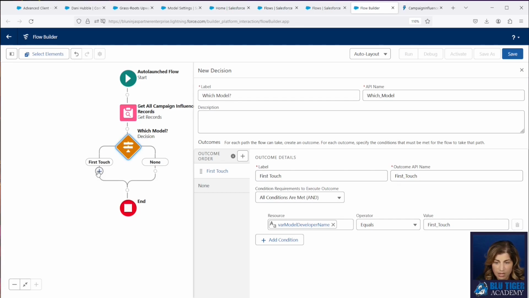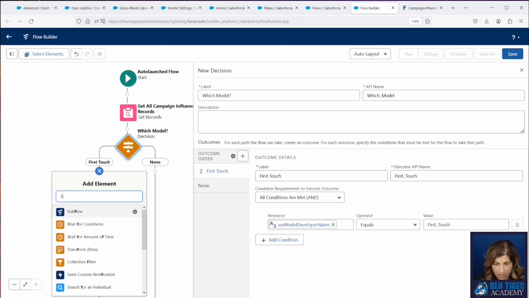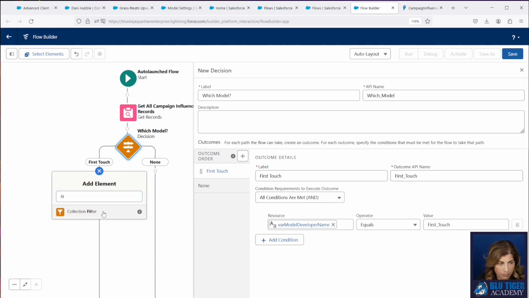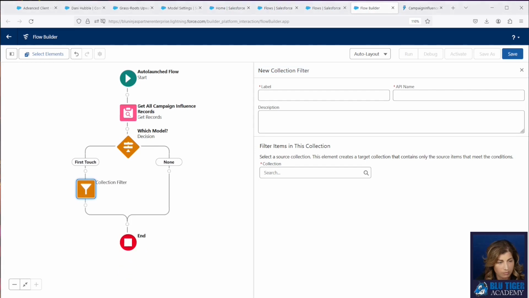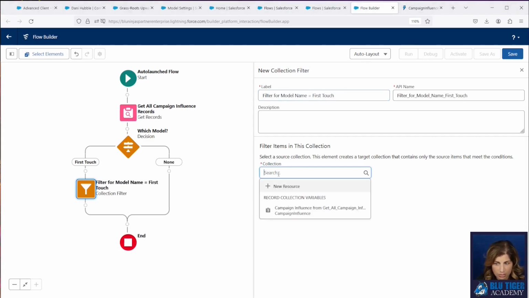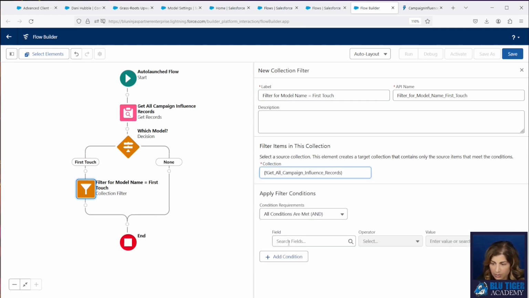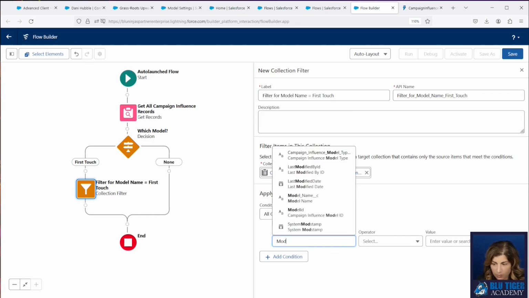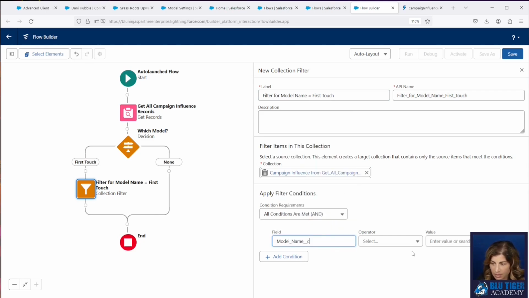And then the first step that we're going to do, if there is a first touch model, we are going to do a filter. We will filter from model name equal to first touch. So we're going to pull our record collection variable here, and then we're going to look for model name equals first touch.